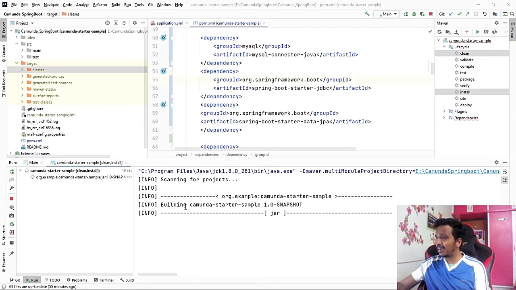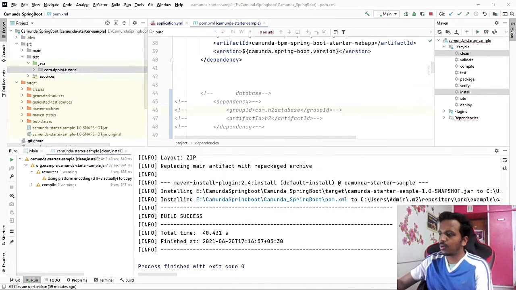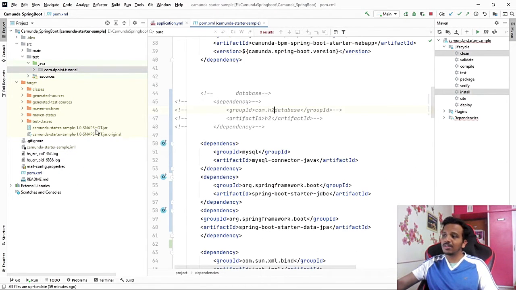I can see this has started, and I can see what it is trying to do. It is trying to create a snapshot, which is the jar file. And again, all this depends upon what I mentioned in the POM. So let me pause here for a minute. Okay, so we see now the build is a success. Basically, if I minimize now, this is not required. There is this thing called jar.